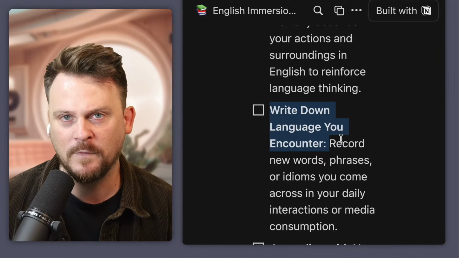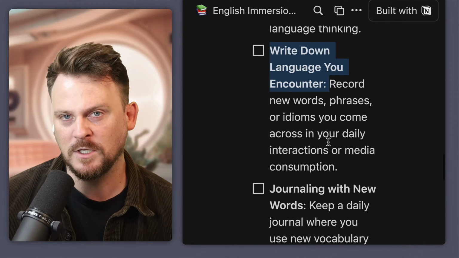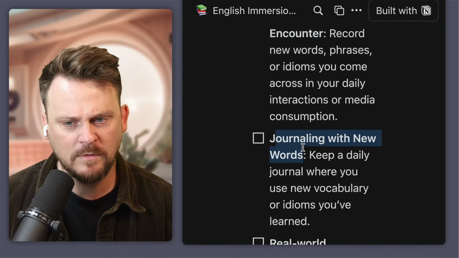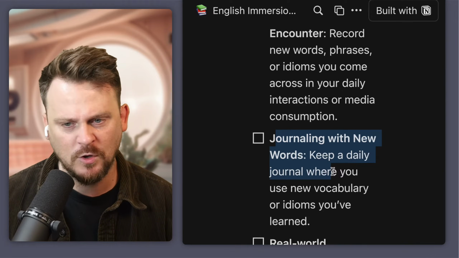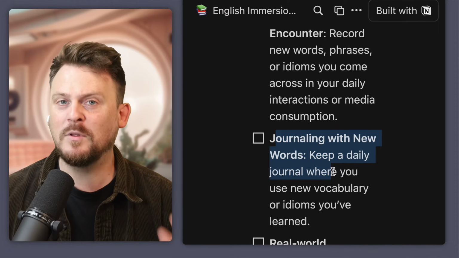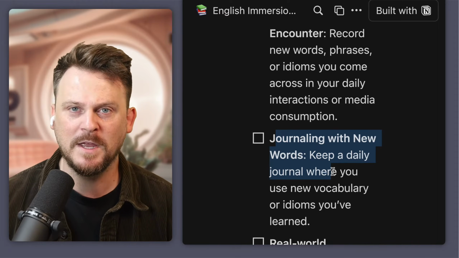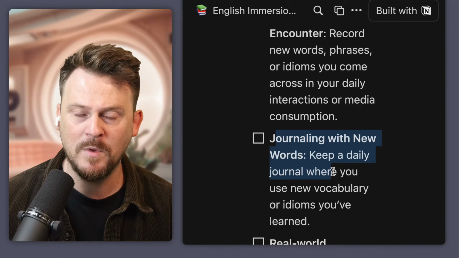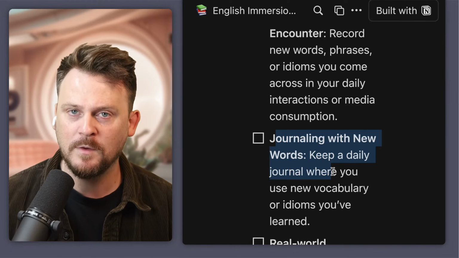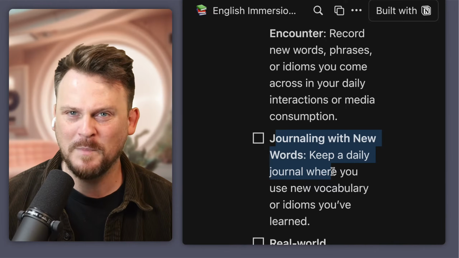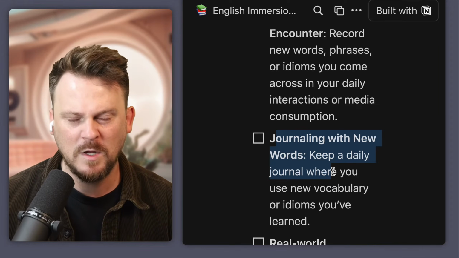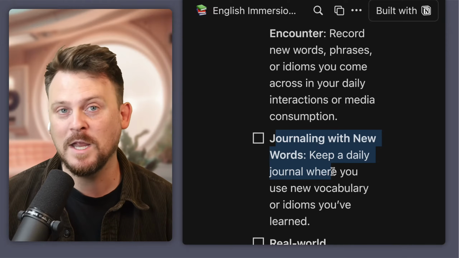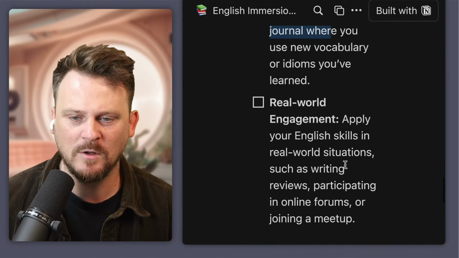Your notes app on your phone, a little notebook, whatever you like to do, right? And then find ways to use it. So if you can keep a daily journal, just write down a few things. I believe writing is a very powerful thing. It's different than speaking. Writing and speaking are not the same. You should do both, right? Write a little bit if you can. What are you thinking about today? Just make it a daily habit. And if you can, work in some of that language that you're learning.